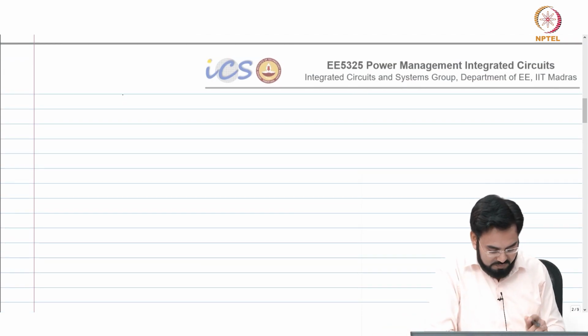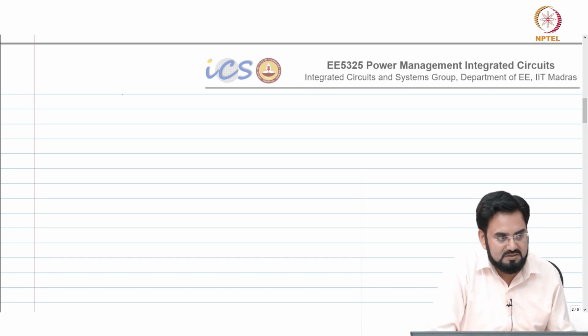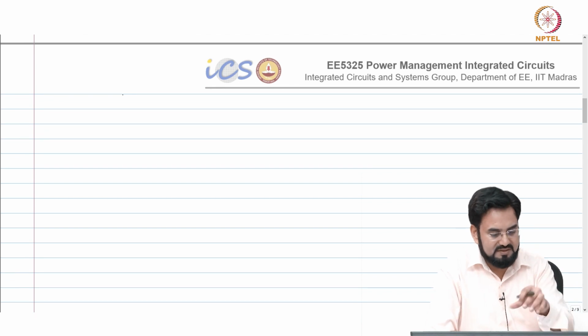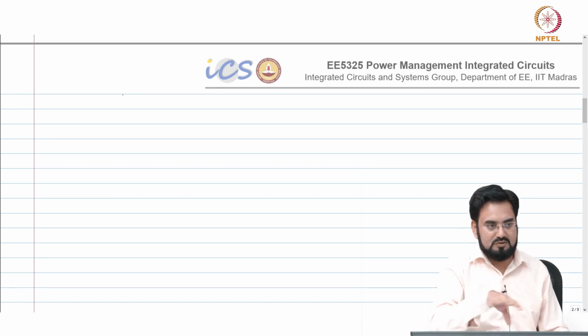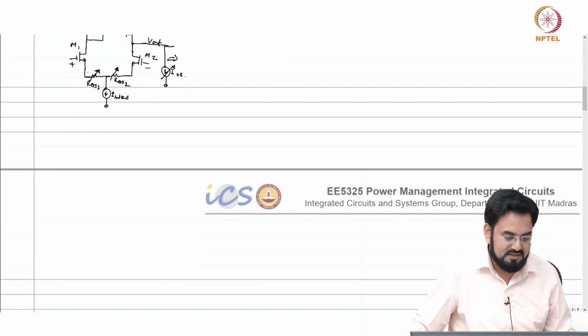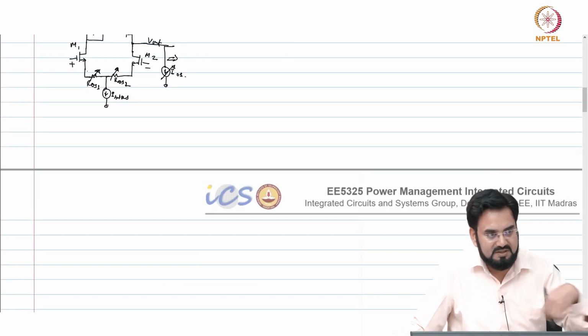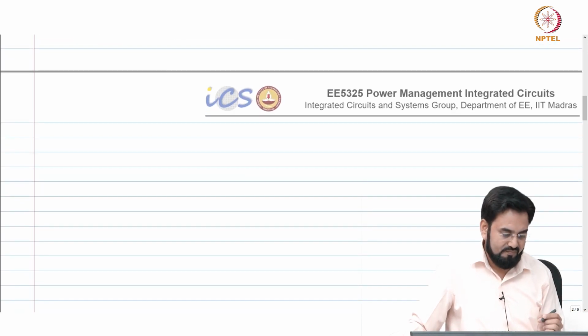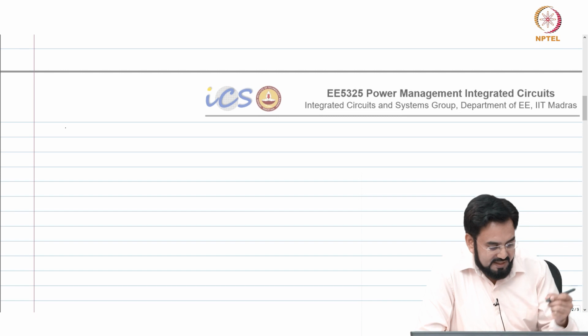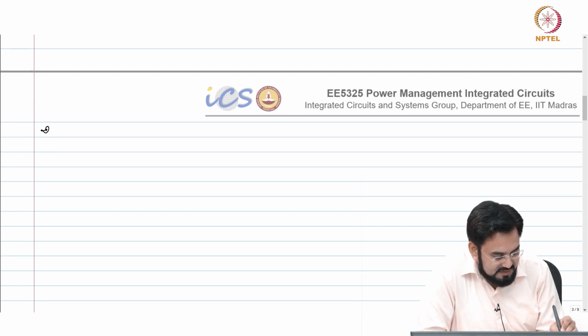So during boot up you use what is called the boot file, and the boot file will have an initialization code that will just write those codes to these flip flops, and the system will start with that. In that case, you don't have to do that iteration every time. Okay, so those were static offset cancellation. Now let's look at dynamic.